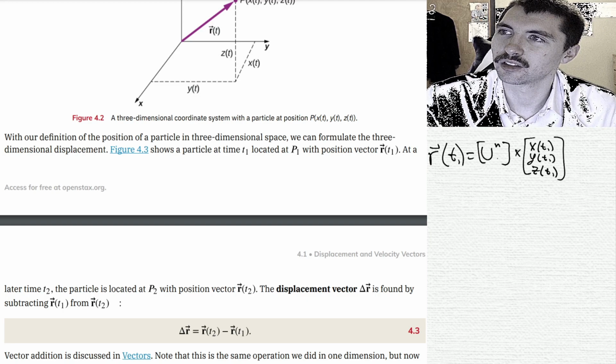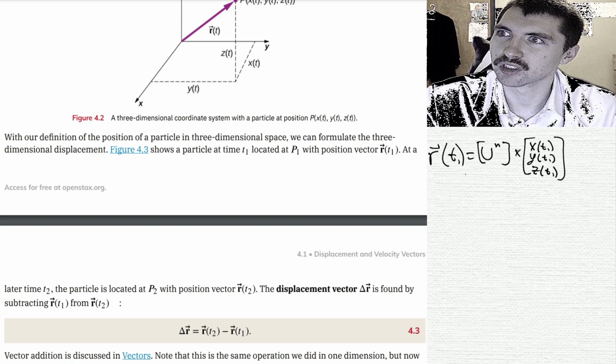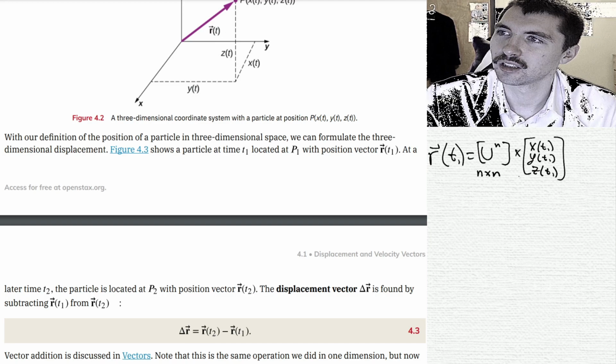Okay, and if you know matrix algebra, so this matrix is n by n, and